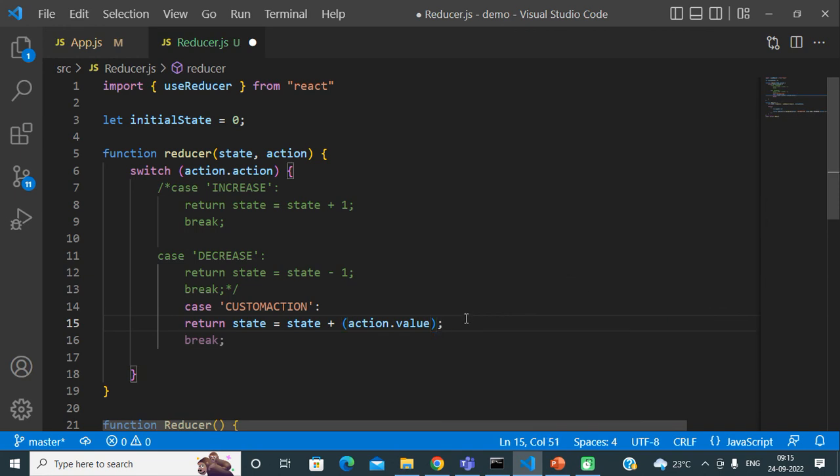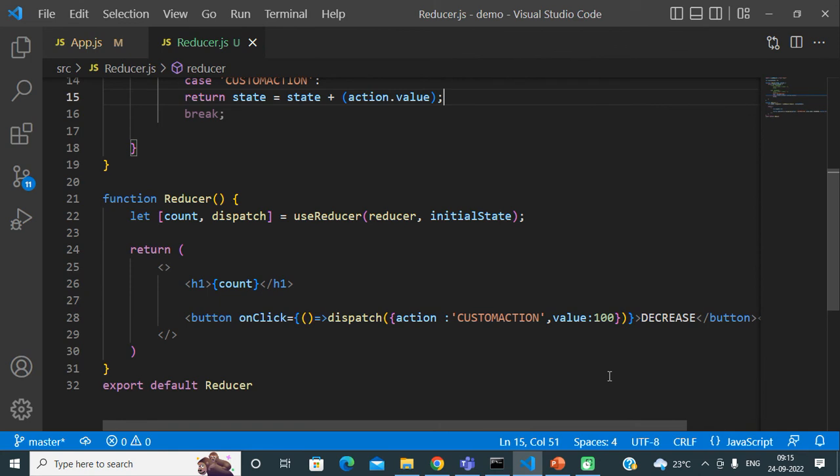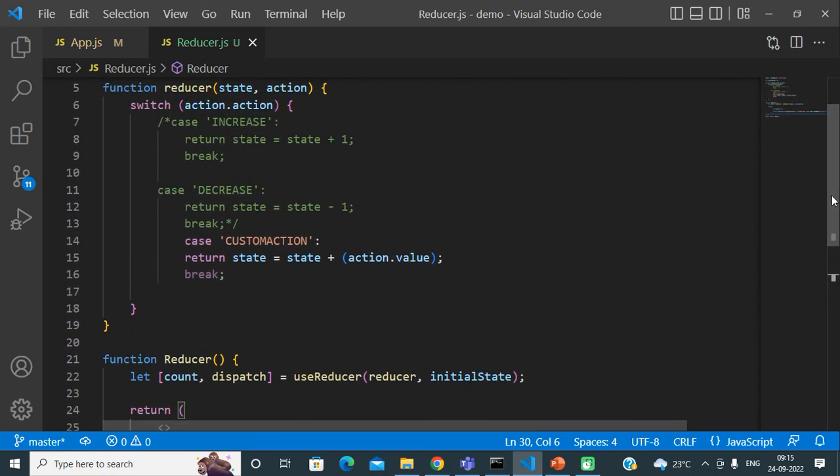So with the action itself, we will send 100 as data. Our requirement is that our state change logic should use that value. So our requirement is to update our component state with the data which is actually coming from the action. There is no hard coded data directly here; the data is coming from the action.